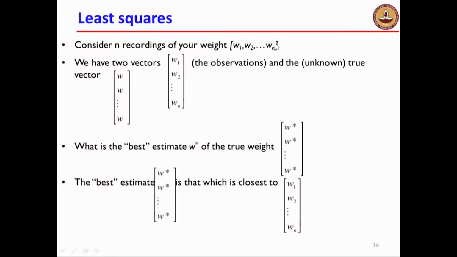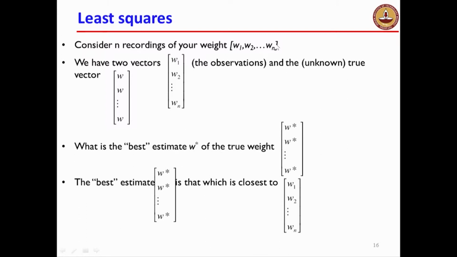So now, all of us are rather health conscious, so we take our readings. We step on a bathroom scale and step out of it, and we take, say, maybe n of these readings, and it's very unlikely that you will get the same weight reading each time. So we record them, and we have n of these, W1 all the way up to Wn. It's very unlikely that they are all the same, so there will be slight discrepancies and deviations each time you